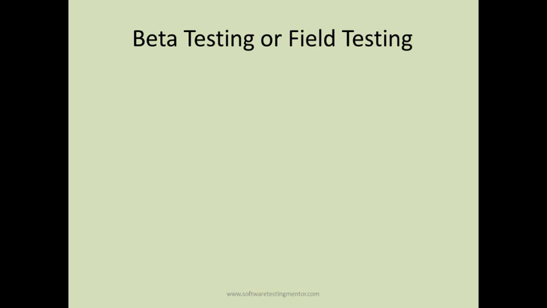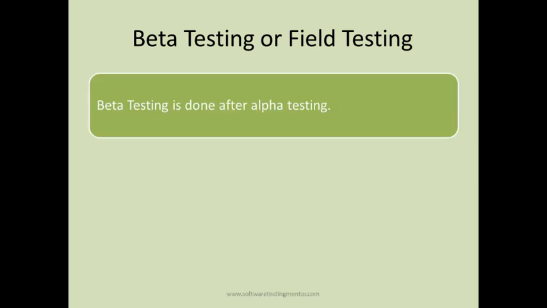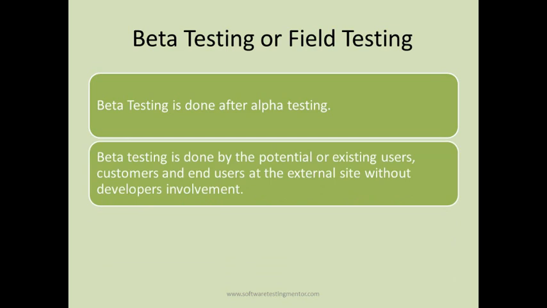Then beta testing or field testing. Beta testing is done after alpha testing. Alpha testing is done on the developer side, in the developer premises. Beta testing is done once alpha testing passes. Beta testing is done by potential or existing users. There might be an invite sent to an existing user to do alpha testing, so the same users can do beta testing as well, and other potential users are also invited to do the beta testing. So it is done by potential or existing users,